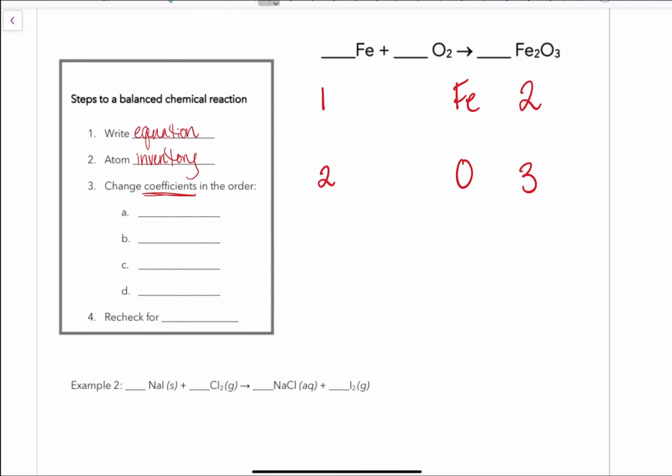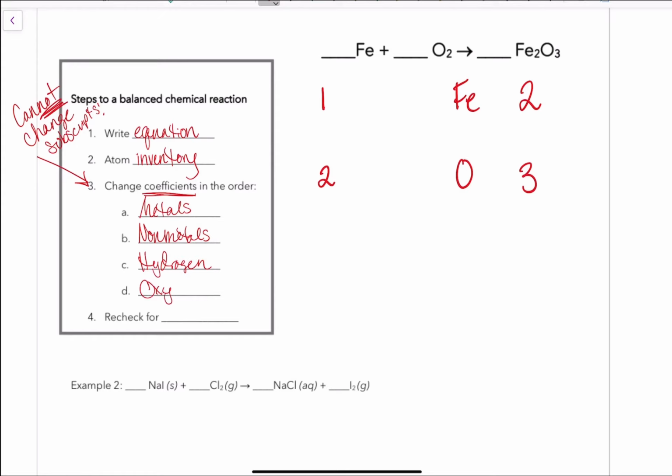You cannot change subscripts. So you can change coefficients. You cannot change subscripts. That is a big no-no. You cannot do that. All right, when it comes to changing the coefficients, it's helpful to go in a particular order, and it goes metals, non-metals, and then save hydrogen